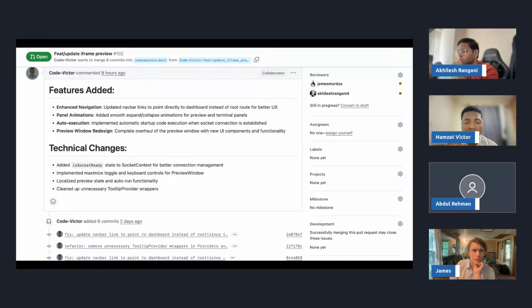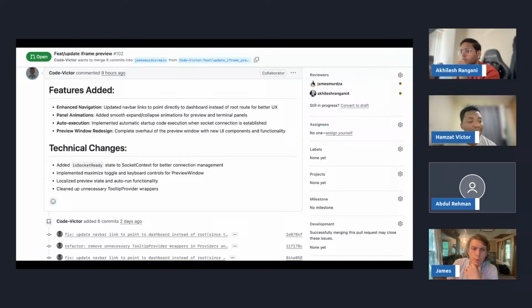Right now, whenever you open a new sandbox, it automatically runs the start function, like the run button automatically runs the function behind the scene. So basically, you open a sandbox, within a few seconds the preview is live for you to see, and your timeline already started running, rather than you having to manually click on the run button every single time you get to the page. I think that's a quality of life improvement.